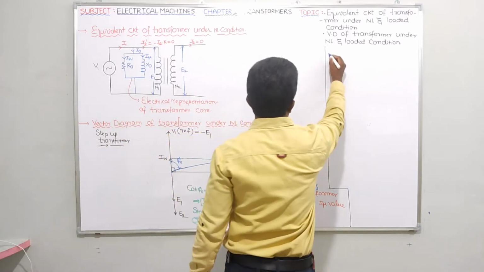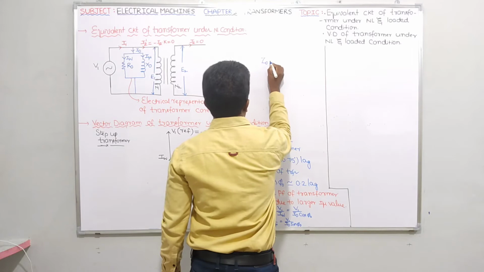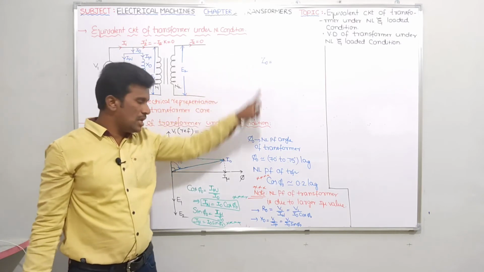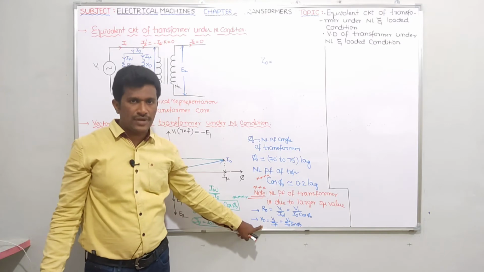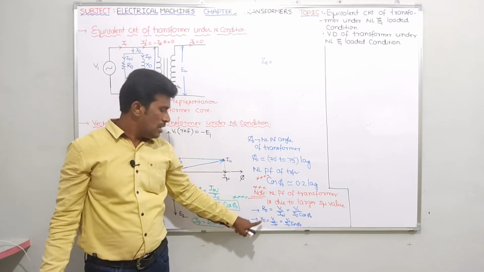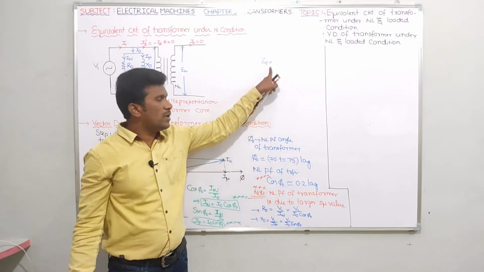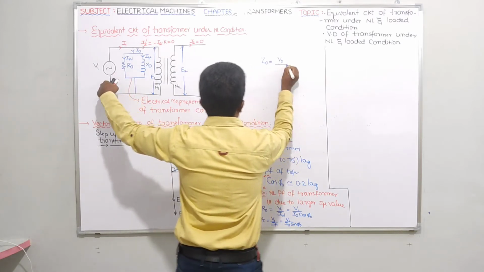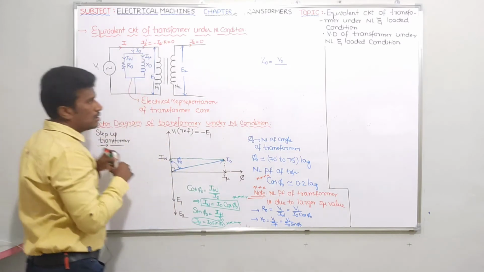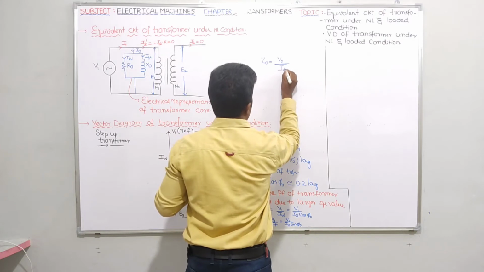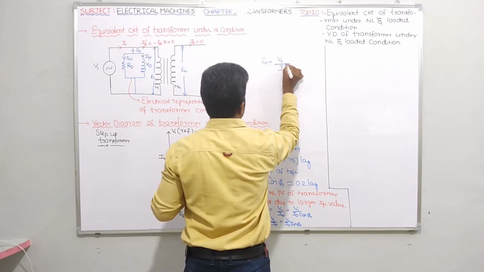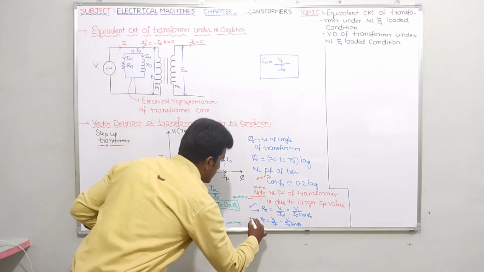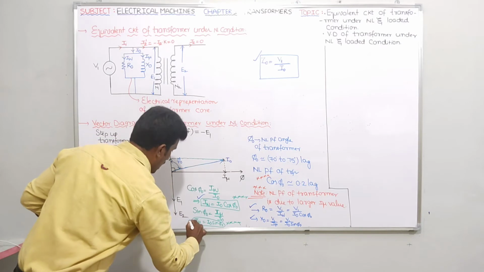Similarly, what is the formula for Z0? Z0 is R0 in parallel with jX0. R0 is the core loss resistance of the transformer, X0 is the magnetizing reactance of the transformer, and Z0 is the magnetizing impedance of the transformer. Z0 equals V1 by the total current I0. V1 is nothing but the no load voltage. So Z0 equals V1 by I0. The R0, X0, Z0, Iw and Iμ formulas are important.